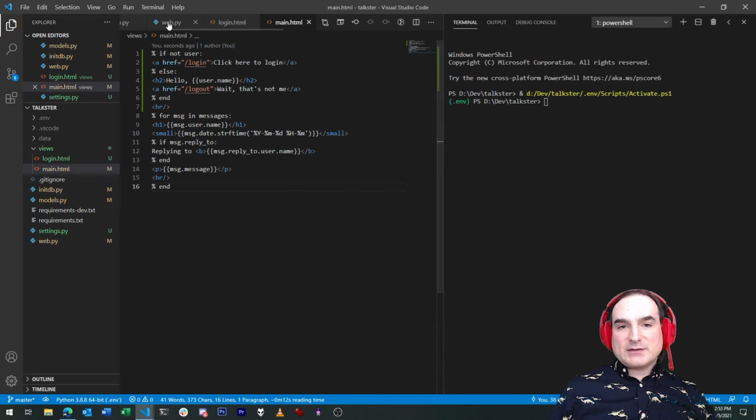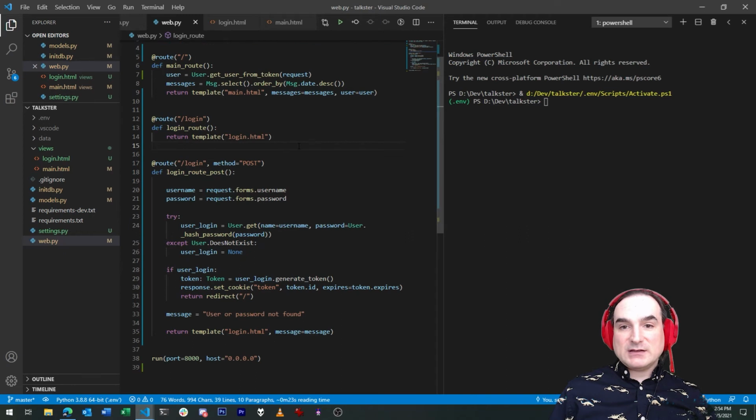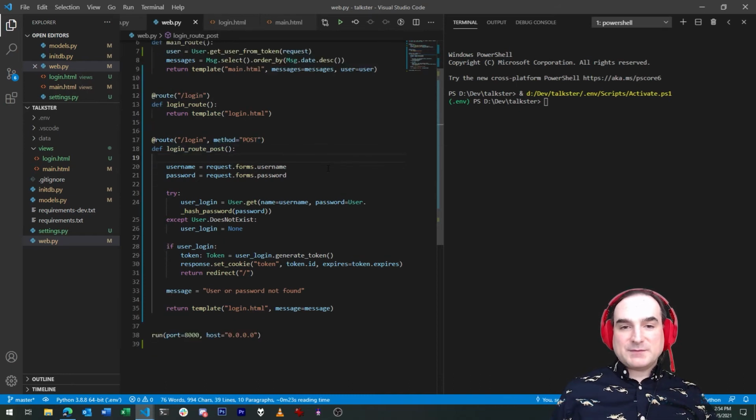As you notice here, the login route is broken into two parts. One we get when we visit the login page, and the other when we submit our login form. And you'll notice that we can do this based on the HTTP method that is used for the route. The default for routes is GET, so this login route method doesn't need to specify which method is used. That's the default. But the login route POST will only use the POST method, so anything that is posted from that page will go to this route.